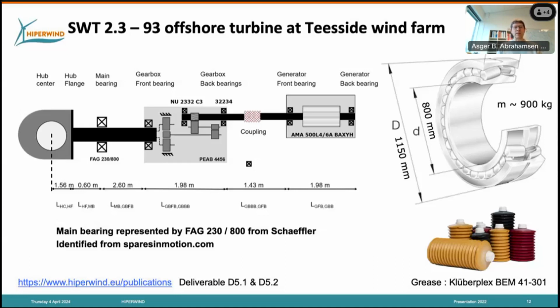In order to identify the components, we were looking into spare parts for this turbine. That actually turned out to be a way of finding a representation of what we believe are the main components. Here are some of the components that we managed to identify. Originally we were thinking we could investigate the lifetime of the gearbox, but it turned out not to be possible to get the information about the layout and the bearings inside the gearbox. So we focused on the identification of the main bearing for the turbine, which is known as a FHE